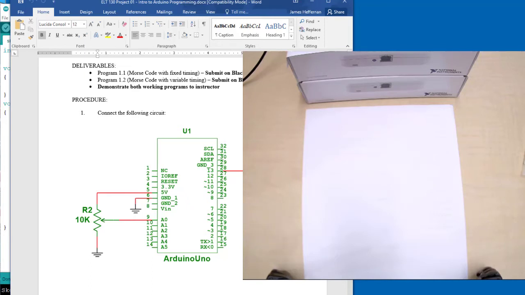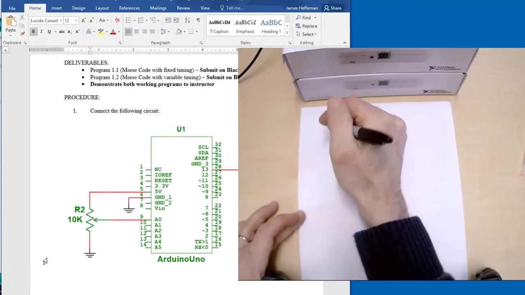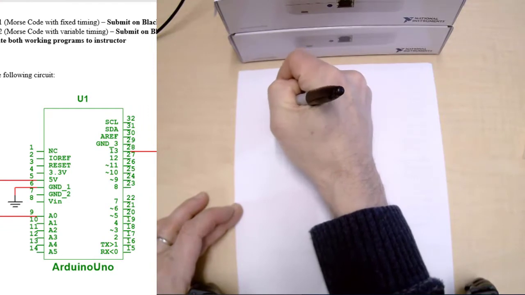So in the second part of the project, we're going to add a potentiometer and use it to control the rate at which the LED blinks. Now let's talk a little bit about the potentiometer, because we're going to be using these in quite a few of the projects. A potentiometer is basically a strip of resistive material,